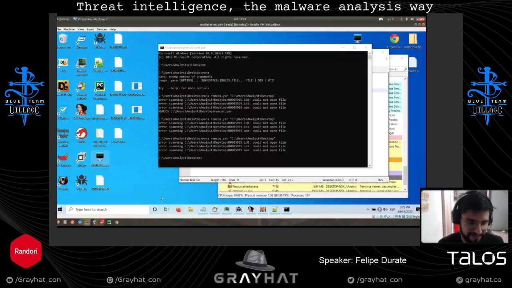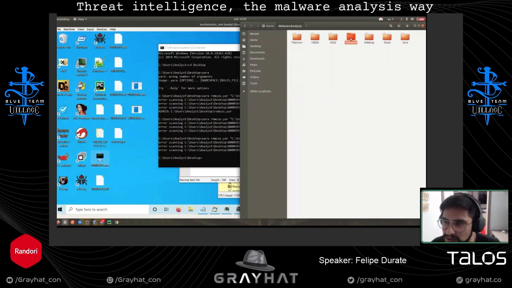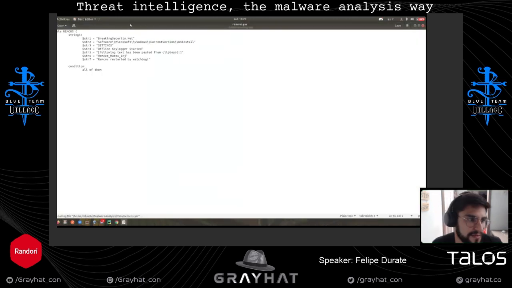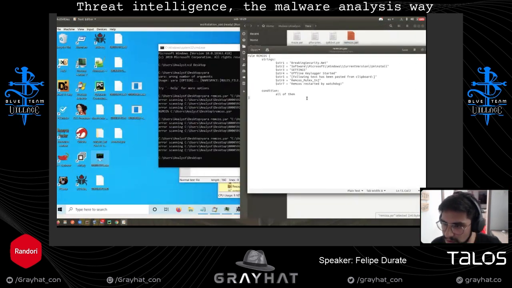Okay, so I always have this problem with YARA. So I'm going to do some copy here. And I already have some YARA rules here, especially for Rancos. So the one that I have here actually is this one. And I don't know why it is not triggering, because it's the same thing.